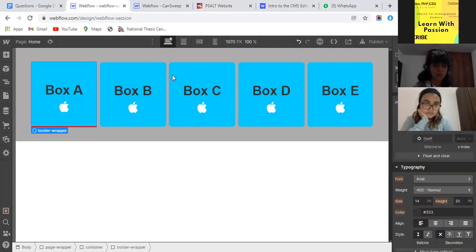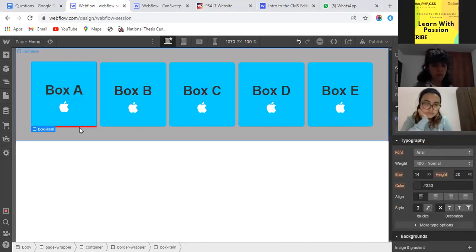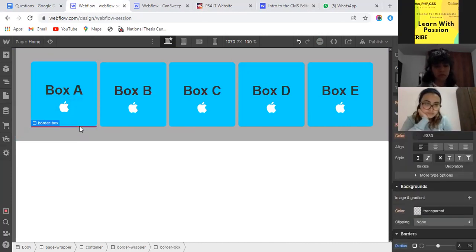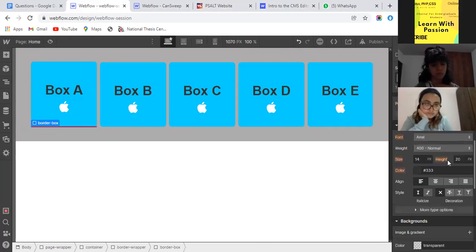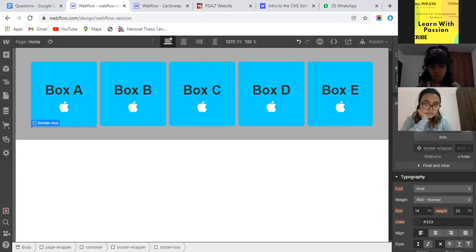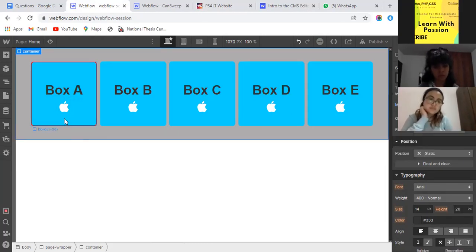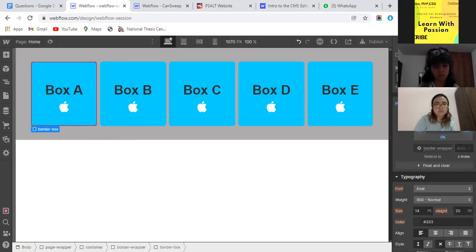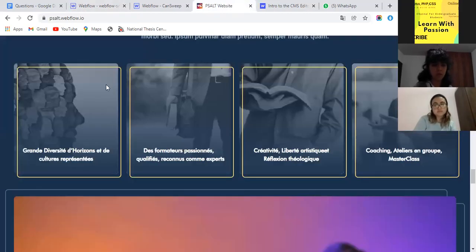After that, I will take this border box, go to the CSS position properties and make it absolute. Then I will click on this full option. You can see we have a border on the sides. Now we need it a little bit to the right and a little bit to the bottom.